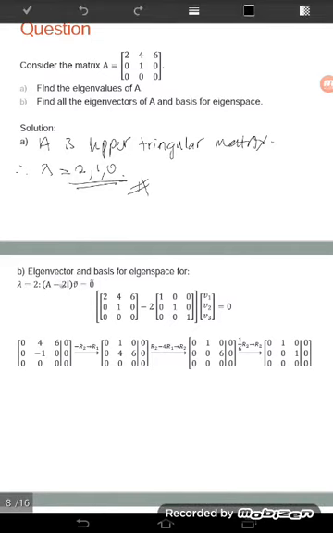So we have A minus 2I times by eigenvector V is equal to 0 vector. Okay, so you have this form and then transform into augmented matrix. Okay, so this one 0 vector. 0 vector ni 0, 0, 0. Okay, so transform into augmented matrix. So we have this form and then find the leading one for the first row. So here already 0. So bermaksud leading one dia dekat sini untuk first row. Okay, so find the leading one.